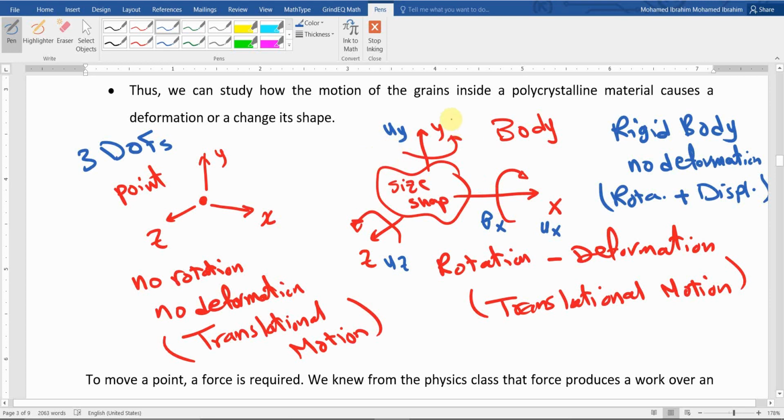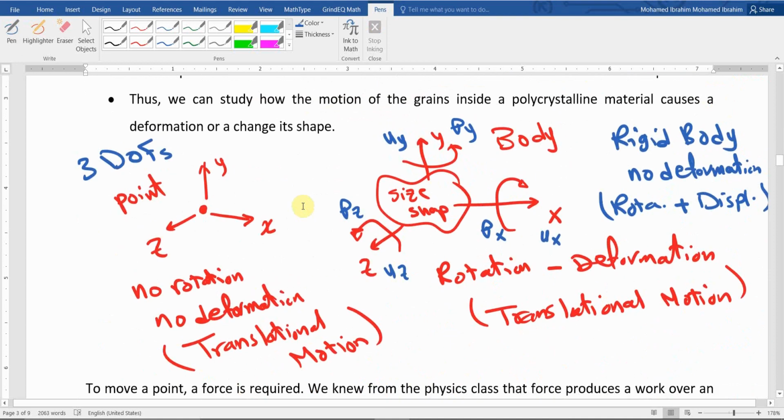In addition, we do have theta x, which is rotation about x. We do have theta y, which is rotation about y. We do have theta z, which is rotation about z. So in total, we're going to say that we do have more than 3 degrees of freedom. We do have in total 6 degrees of freedom. How about if this object is deformable? The number of degrees of freedom will increase to 12, for example. Make sense? So the classical mechanics assumes that